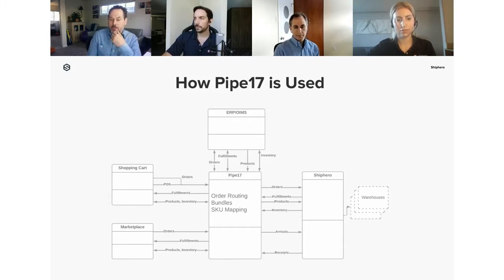Basically, that's typically how the data flow works in our system. And then in the middle, the order routing and bundles and SKU mapping is all managed inside of Pipe17. You've got a console you can set that up in, and once that's set up, it just runs. It's like a network router, so to speak. Ideally, it just runs, and you don't really have to touch it if it's doing its job